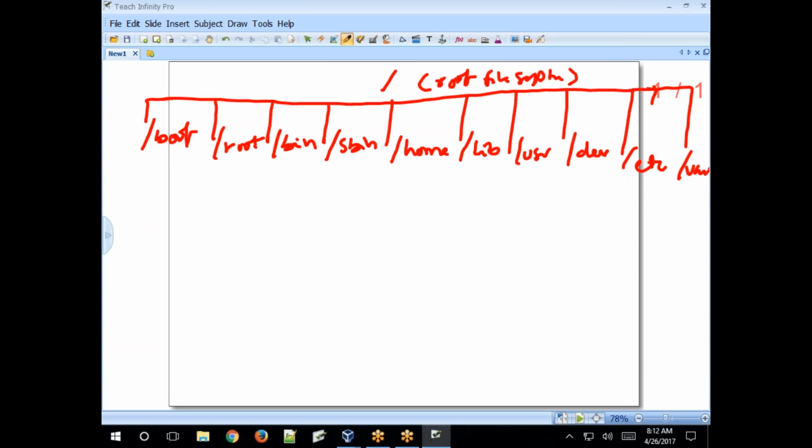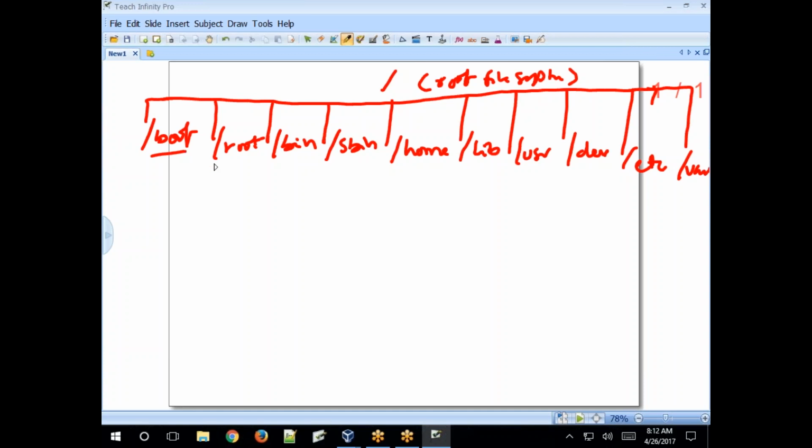So boot contains all the bootable files. If you want to change something on your boot, go to the boot configuration files. We can easily identify that all the boot configuration files are located under this. Just change your directory to boot and edit the configuration file as per your requirement.